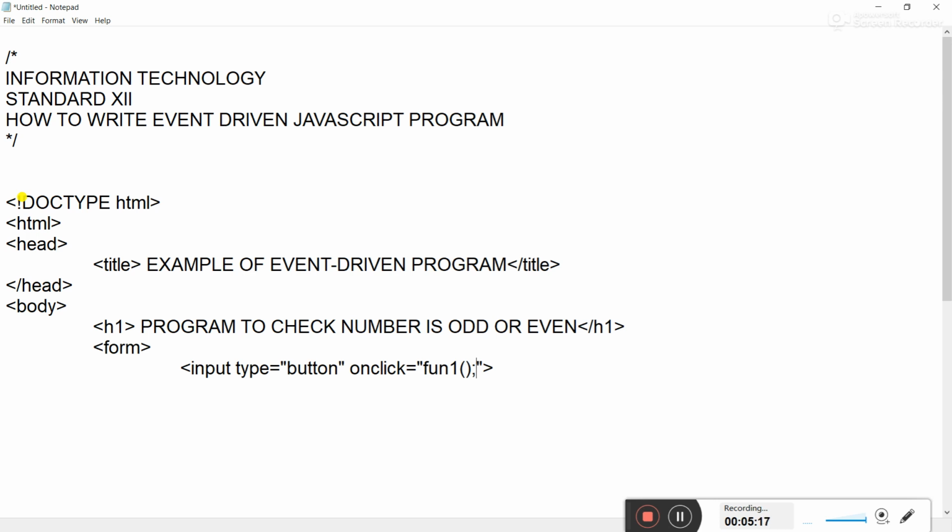Which object are we going to click? We are going to click on the button, right? So the button is the object where we are going to click, and onclick is the event handler. When we click on this button, it will call the function fun1. So this is the action which we take on clicking the object. Correct? Now after this,